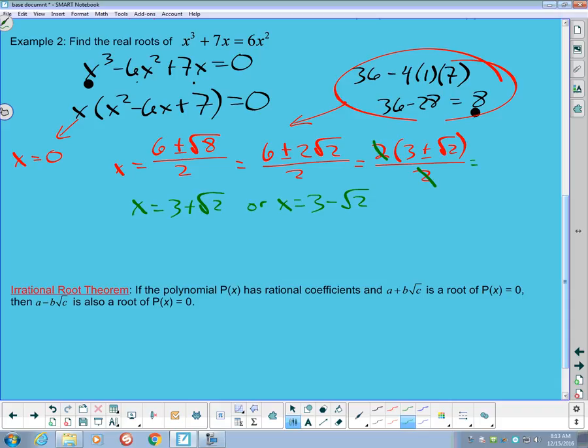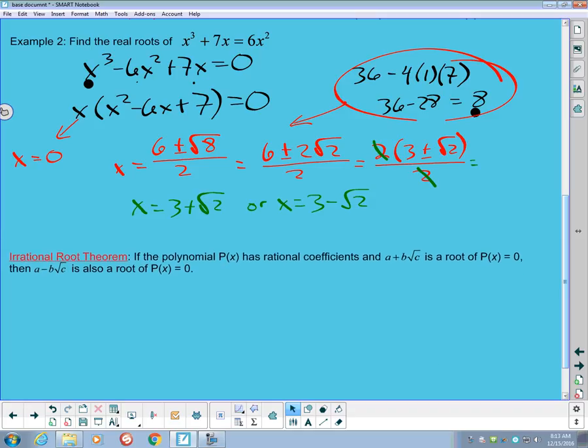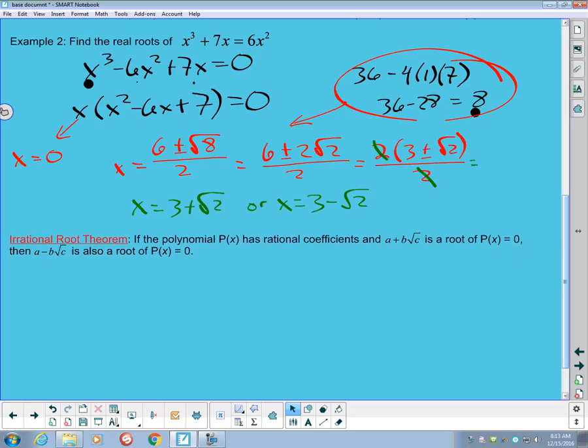cubic. And you'll notice the pattern on these irrationals that we have here, that they have that conjugate kind of feel that we looked at with the imaginary and complex numbers, though these are not imaginary and complex. But we do have the irrational root theorem. The irrational root theorem says that if a polynomial p of x, like our x cubed minus 6x squared plus 7x here, has rational coefficients, which it did, of 1, negative 6, and 7, and a plus b root c,